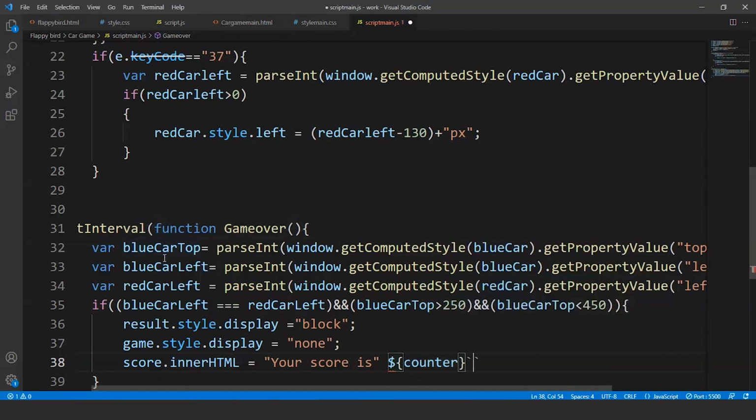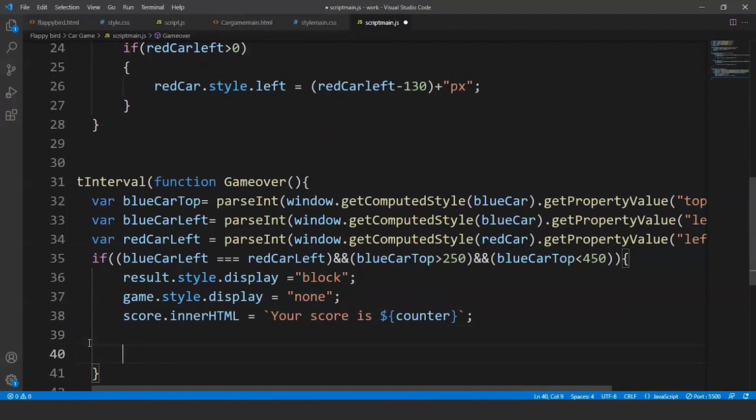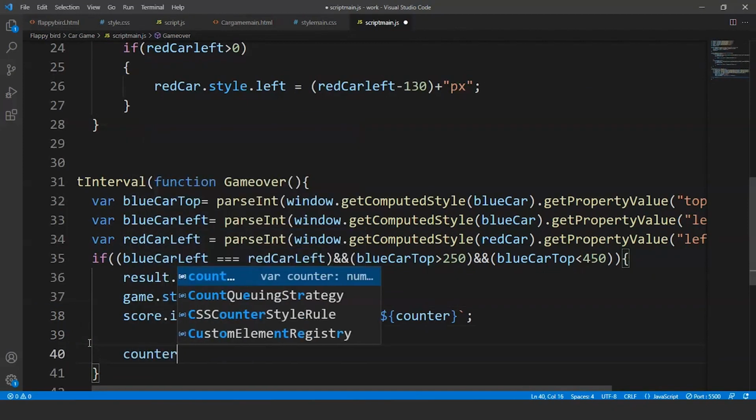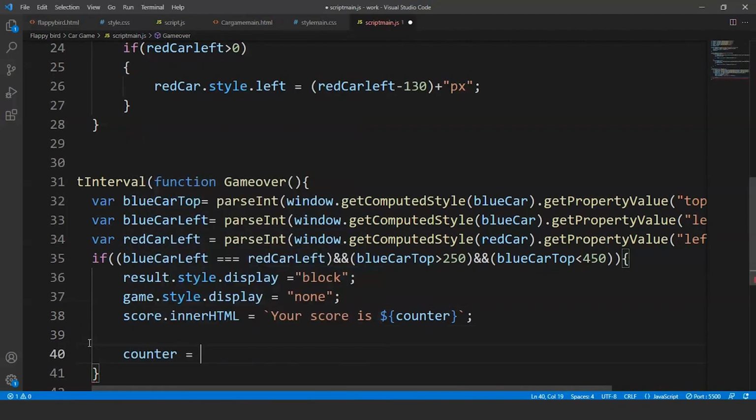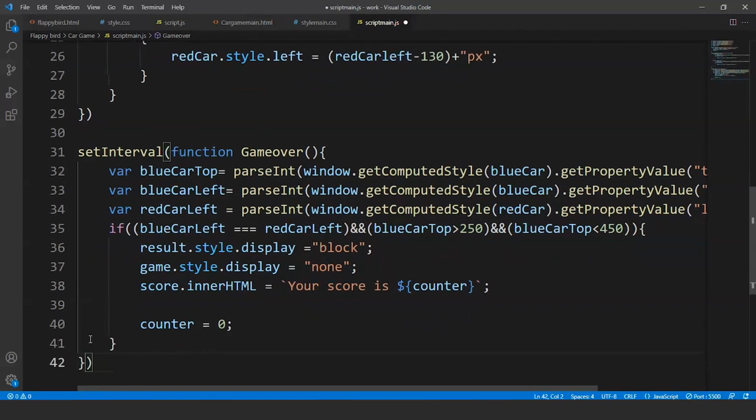So we have to put them inside this. We'll not use the double inverted commas. We'll use this instead. And you can see the error over here is gone now. So we are good to go. Now after that we'll change the value of counter to 0 again. In case the user wants to restart the game, the value of counter will start from 0 again.